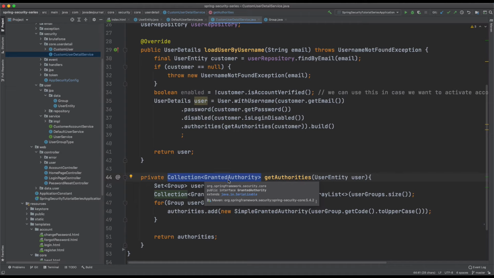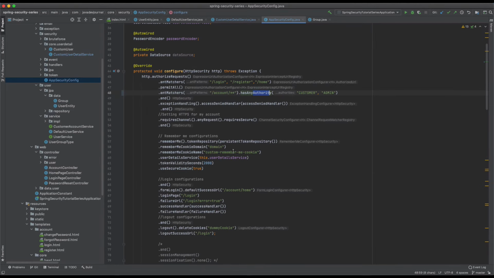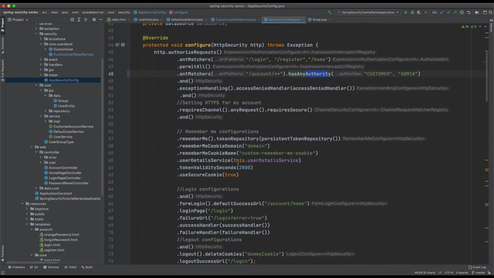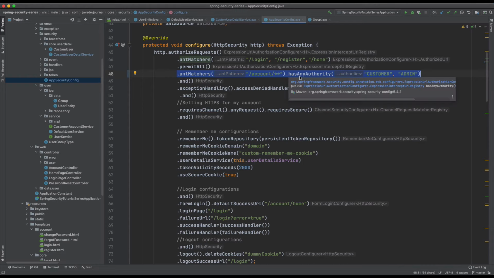Okay. The next thing is, how can we use that? The first thing is probably where you want to derive whether a given URL is accessible or authorized for a given user or not. For that we have already talked about hasAnyAuthority, hasAuthority, and roles in our last lesson. So this is an extension of the same lesson, right?